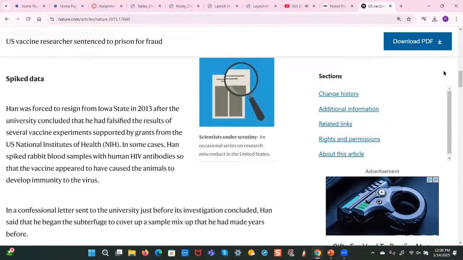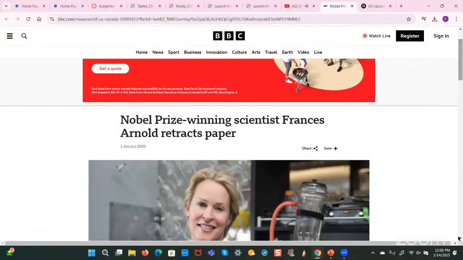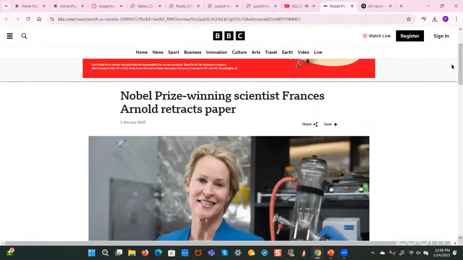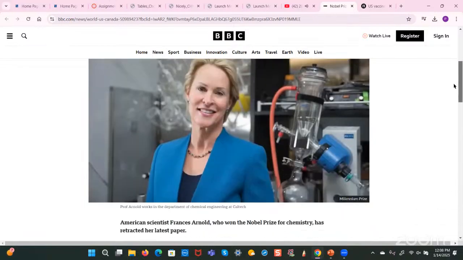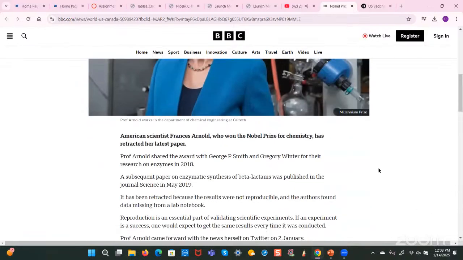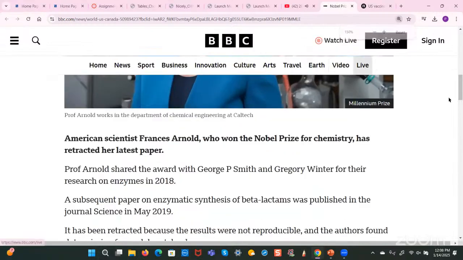Okay. The other example is not really that serious. This lady, a very talented, bright person, won a Nobel Prize along with 2 other scientists. And after that, she had to retract a paper. Now, the paper is based on this topic here, enzymatic synthesis of beta-lactam. And the reason why she had to retract it, and this is another important aspect of science practice,